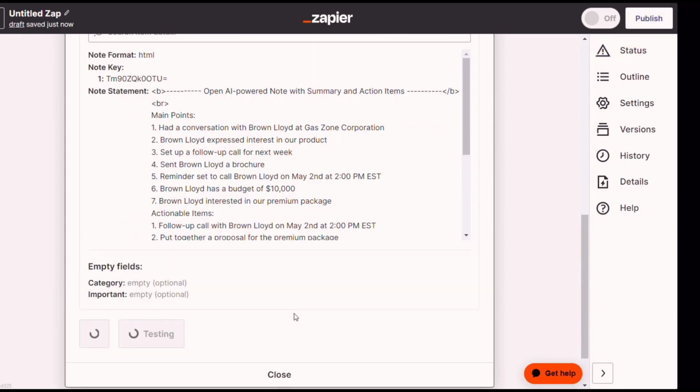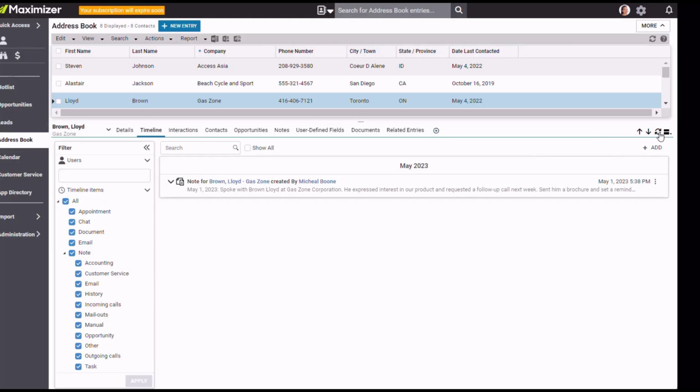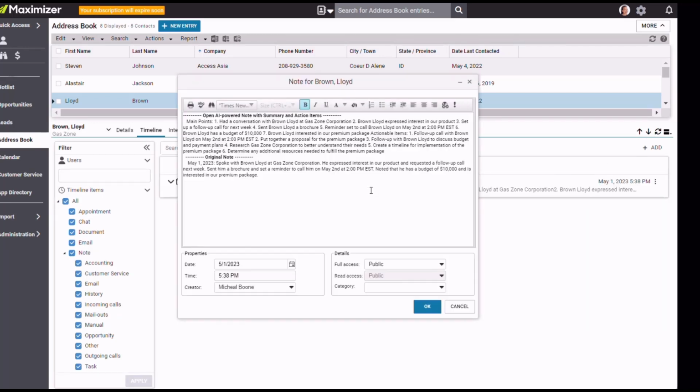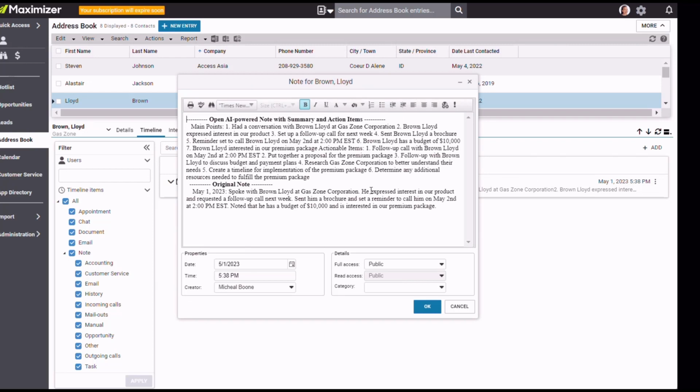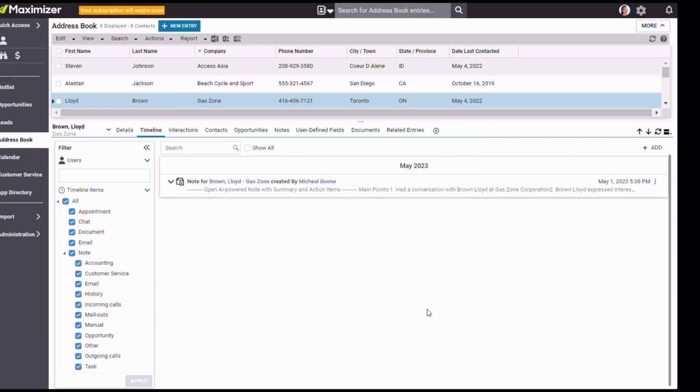Testing is successful, so we can get back to our timeline in Maximizer and verify if the note was updated. The updated note contains the AI-generated summary and the list of action items as well as the original note in the bottom section. The workflow works correctly, and all you need to do now is to confirm the publishing of